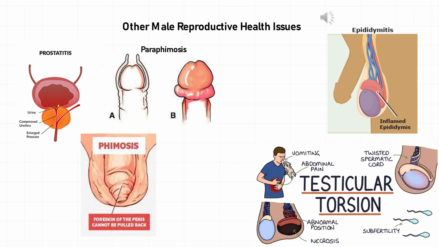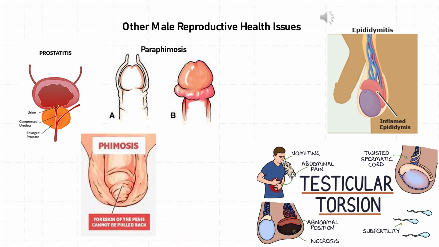Paraphimosis, this is where an uncircumcised male will have problems with their foreskin. If you see in the picture here, letter A is a normal uncircumcised penis. That foreskin covers the urethral opening area, and that is what it normally looks like. When you retract that foreskin back, if you don't put it back the way it's supposed to be and it's pulled back over the tip of the penis, like in picture B, what can actually occur is swelling and inflammation of the foreskin around the tip of the penis, and it can start to cause constricting of the tip